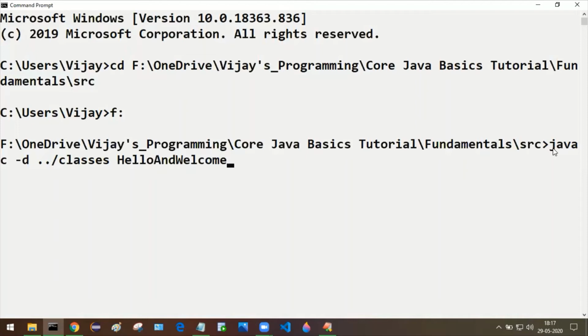So what is basically going on in this particular command? javac stands for compilation. We are going to compile this .java file. javac space -d means directory.